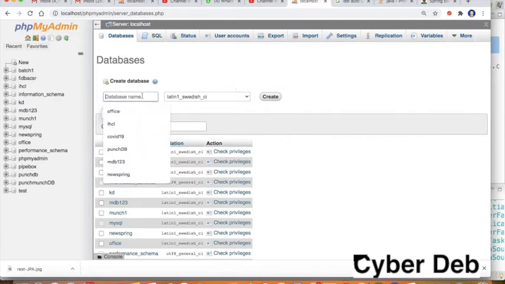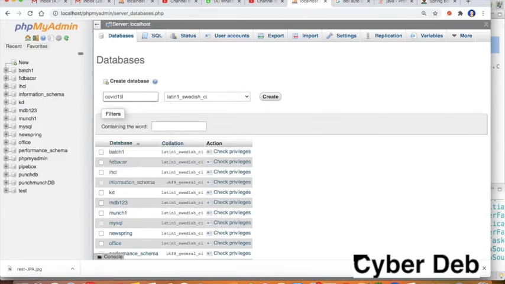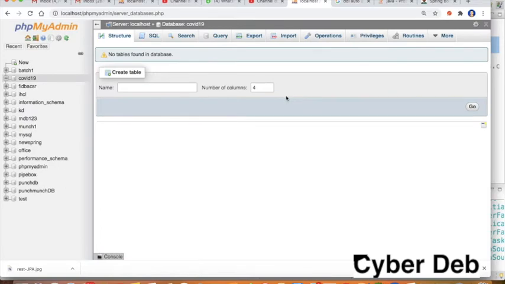So I will create the database first. I will name it COVID-19. You can name it anything, obviously not necessarily COVID-19; I am using COVID-19. I created the database, which doesn't have any table right now. We could create a table using this UI, but we are going to do it with the help of our application. That's the first step.